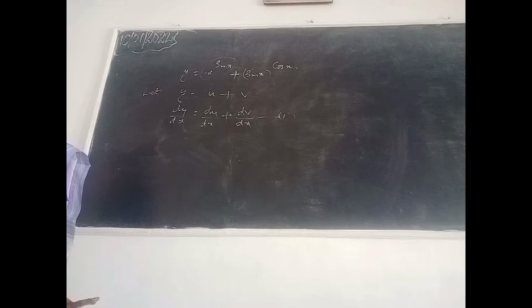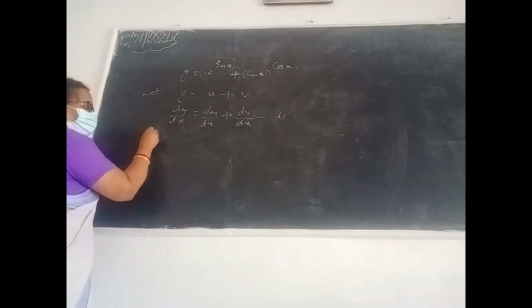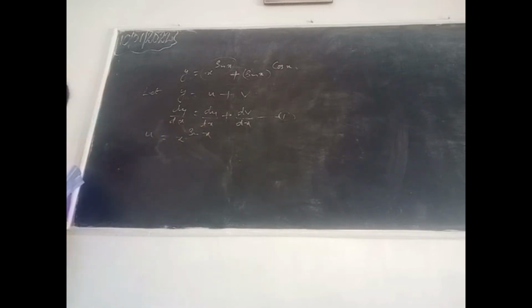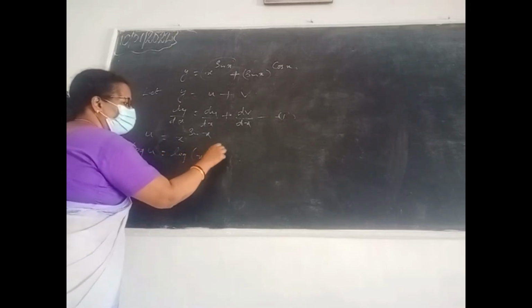After that only we will substitute in one. So now start from here. What is u? U is equal to x raised to sin x. This problem is just like our last question. Y equal to some term. Instead of y you can see u. That's all. So do it like the last problem. So when we differentiate, what will we get? Take logarithm on both sides. Log u is equal to log of x raised to sin x.